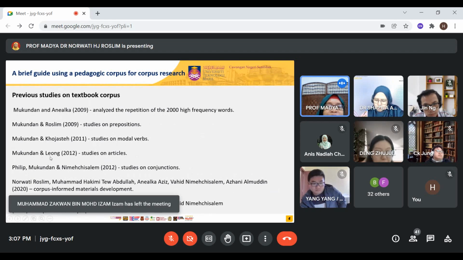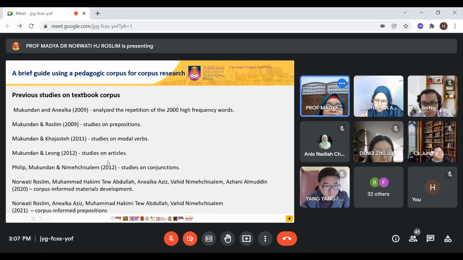We also have Mukundan and Leong, 2012, studies on articles. And then Philip, Mukundan and Nimehchisalem, 2012, studies on conjunctions. So also with this textbook corpus, Dr. Ng Eugene has also come out with other studies with regard to word lists as well. Okay, and recently,